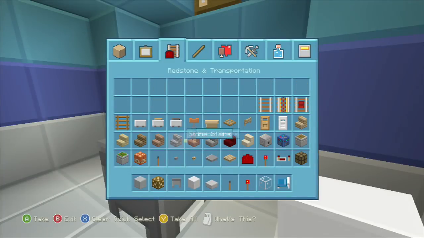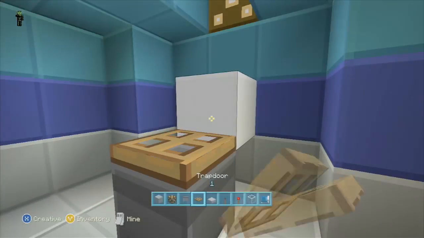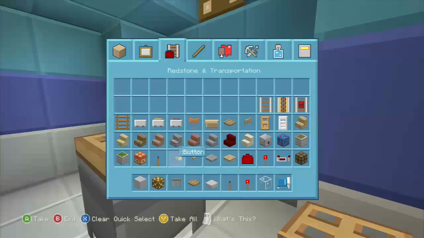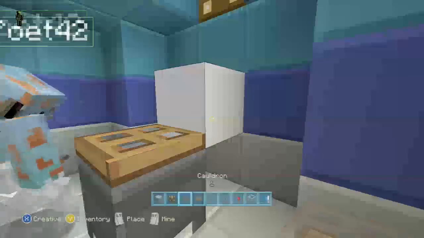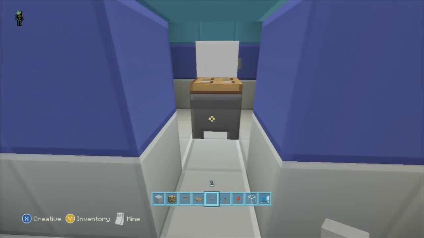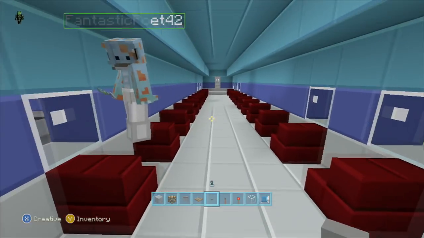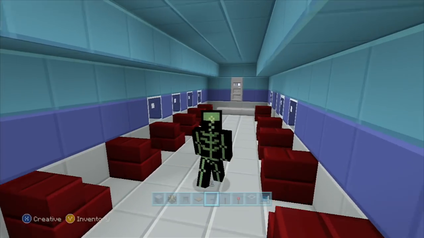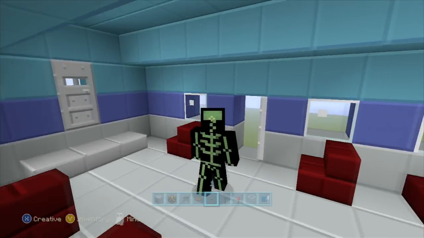There you go. Just making a little toilet here. There you go. You can put a door there, and there you go. Now you got a bathroom, you got the plane going through here. Plenty of chairs to be seated.